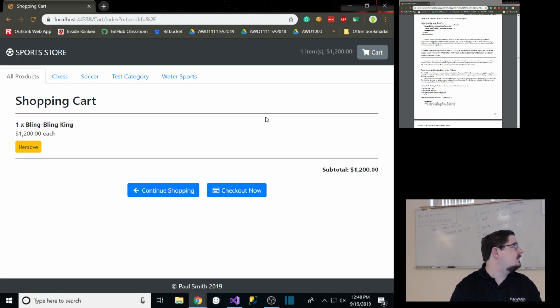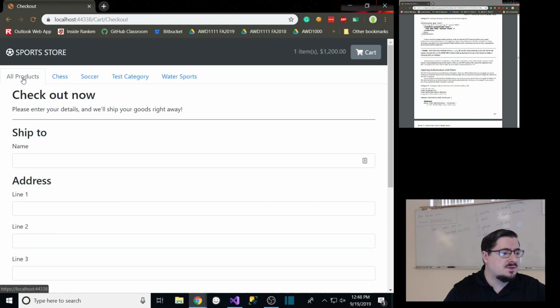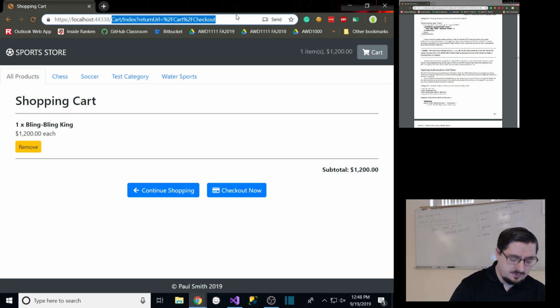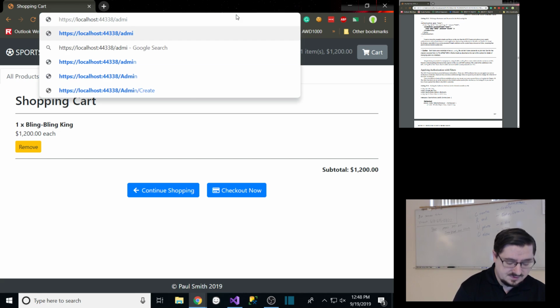Okay, switch over template string, problem fixed. So I can get to all of the checkout process, I can get to the cart, all that I can do without being logged in. But as soon as I go to the admin controller, so type in /admin,